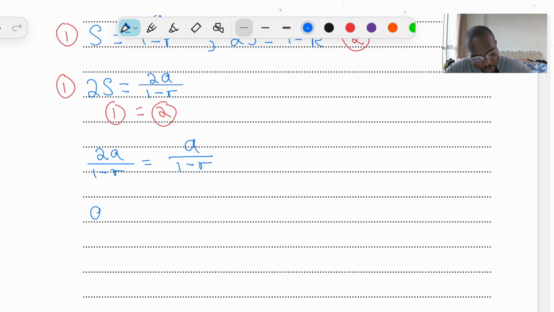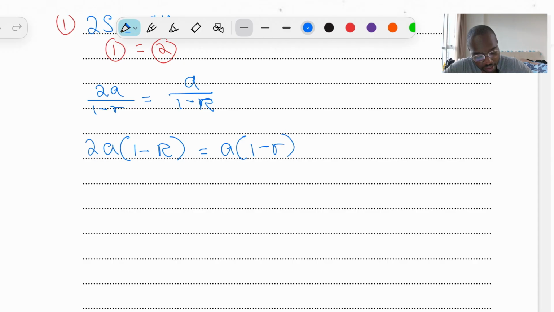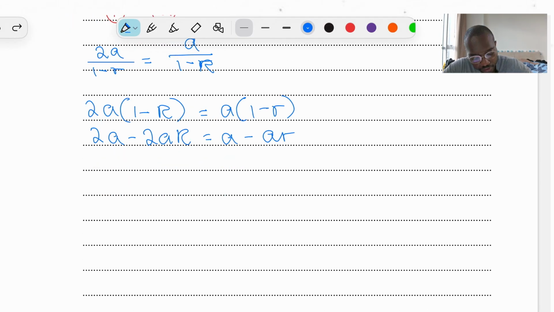So we get 2a, and this is a capital R, by the way. So we get 2a(1 minus R) is equal to a(1 minus r). And then let's just expand these out. So we get 2a minus 2aR is equal to a minus ar. Okay, so that gives us 2a minus 2aR, and that is equal to a minus